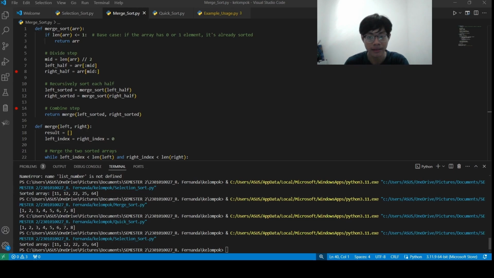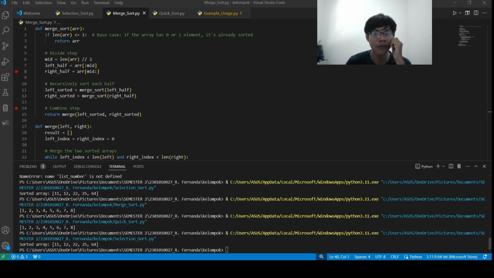4, splitting. We find the middle of the list and split it into left and right halves. 5 is recursive sorting. We call merge sort on both halves. 6 is merging. We merge the sorted halves back together in the correct order.